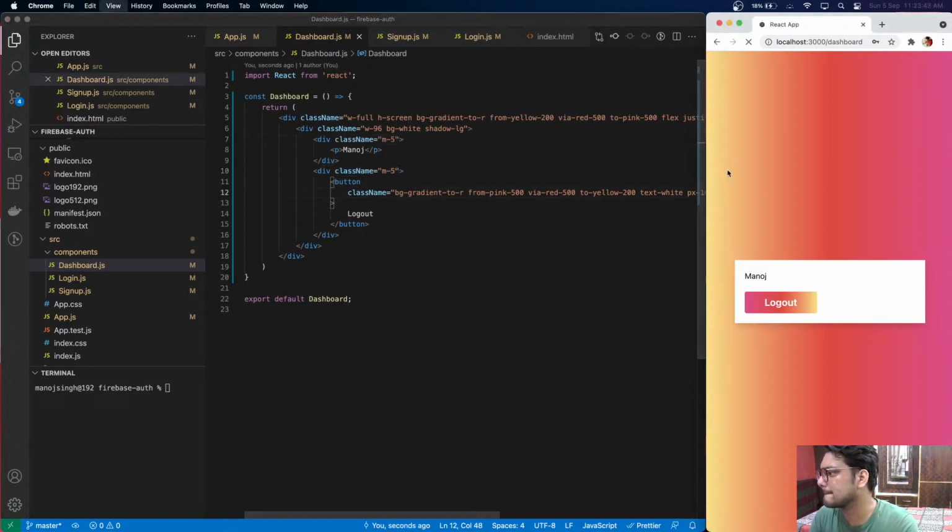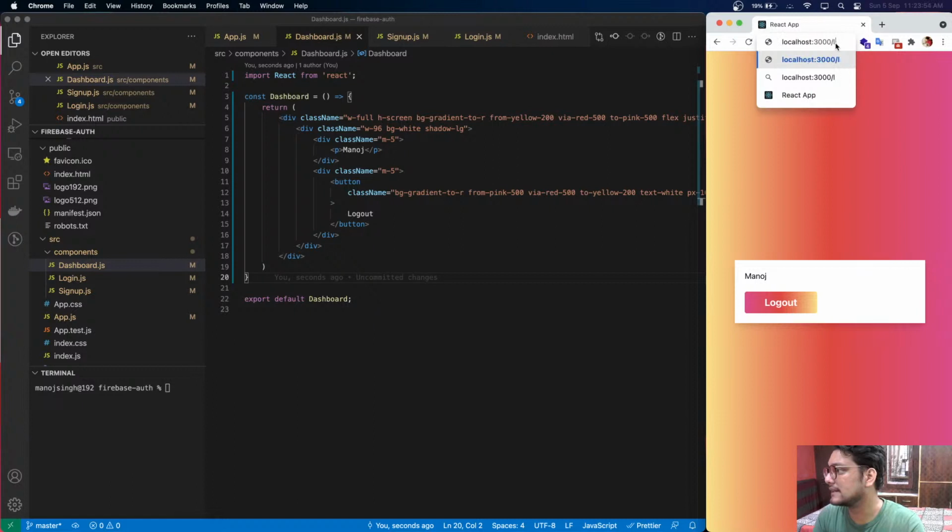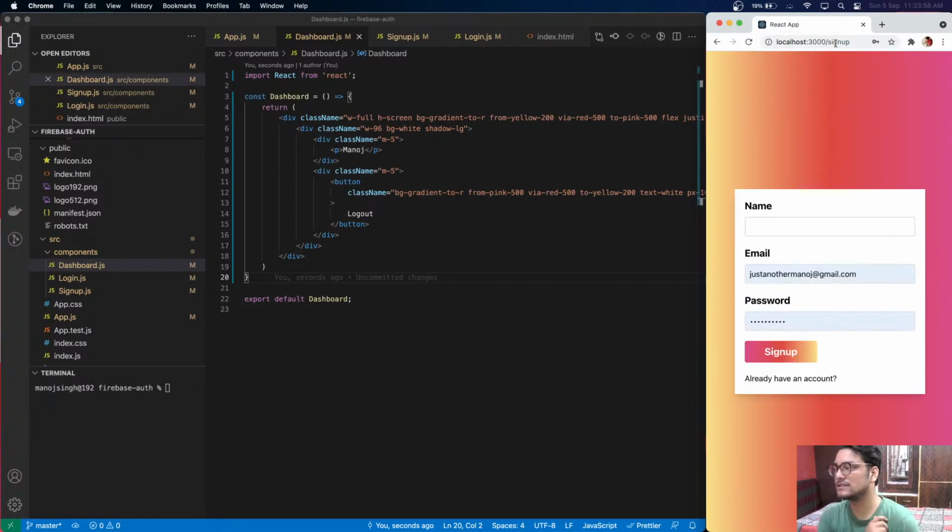Great. All right, so now let's go to our login page, like sign up page. So let's start integrating Firebase because we already have everything in place. Now let's just start integrating Firebase. To integrate Firebase, if you don't know already, you need to create an app in Firebase,